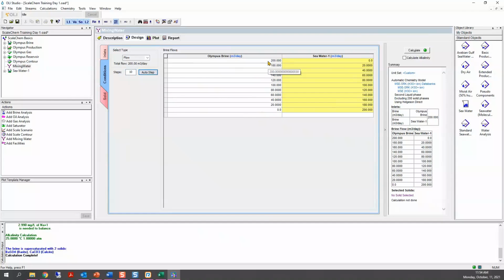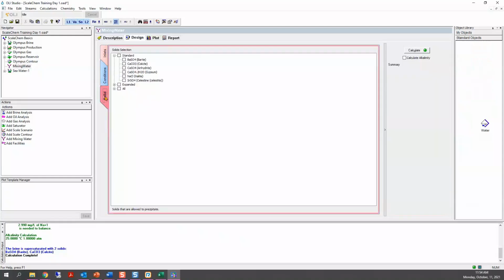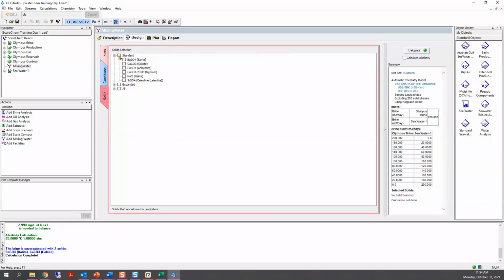So every single point here will combine 100 cubic meters per day, 180 cubic meters per day and 20, 140 and 60, and so on. You get the idea here. The next step is the solid step. And in here, we simply select standard, and we can go ahead and calculate.